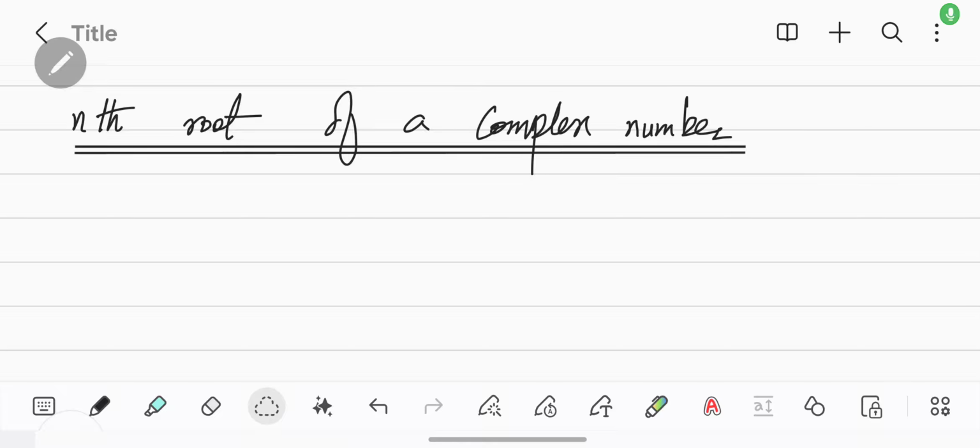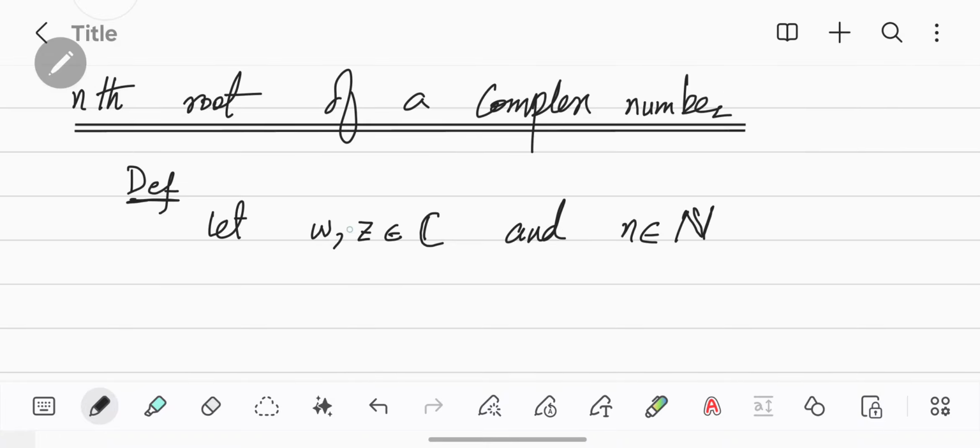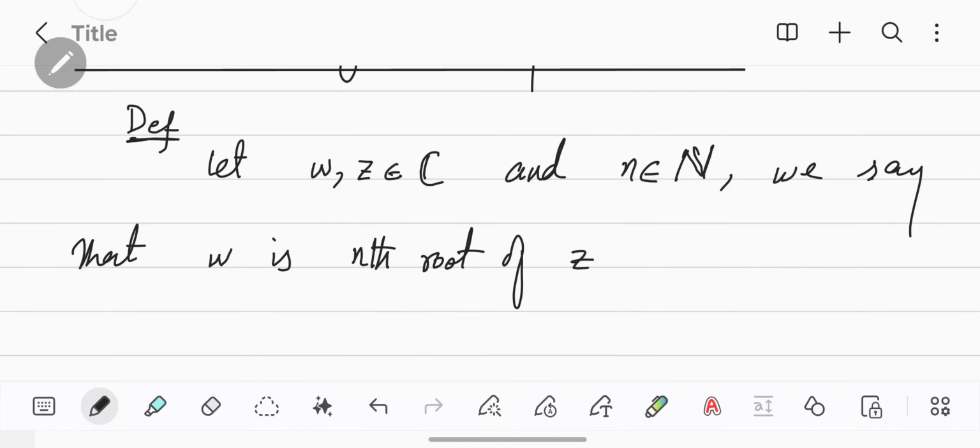Hello, in this video we will talk about the nth root of a complex number. So first of all we will define it. We suppose that we have two complex numbers and there is a natural number from the set of natural numbers. We say that W is the nth root of Z if and only if